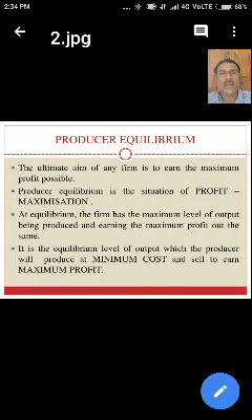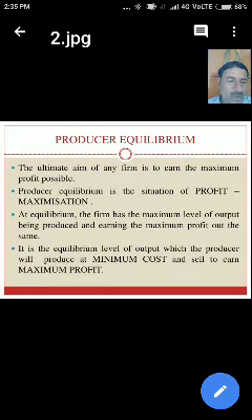Isoquants have almost all the characteristics of indifference curves. The major difference is that indifference curves are related to the consumer's point of view, or consumer equilibrium, which we study from the consumer's point of view. Isoquants, or equal product curves, are related to the producer's point of view, or producer equilibrium. This much is the difference between isoquants and indifference curves. Remaining factors have almost equal characteristics.